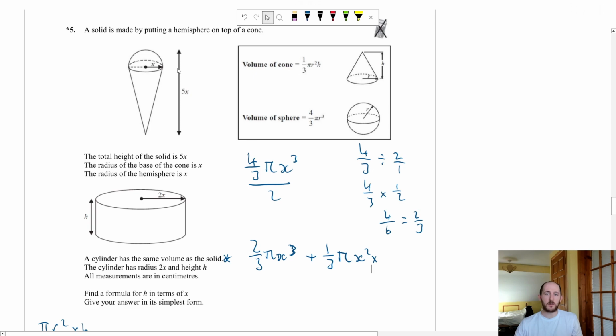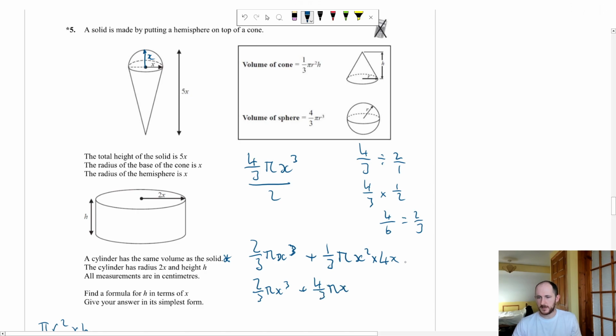Now the height is not 5x, it's 4x, because don't forget we're going to be subtracting the radius of the hemisphere, so it's actually going to be times 4x. So we have 2 over 3 pi x cubed plus a third times 4, which is 4 over 3